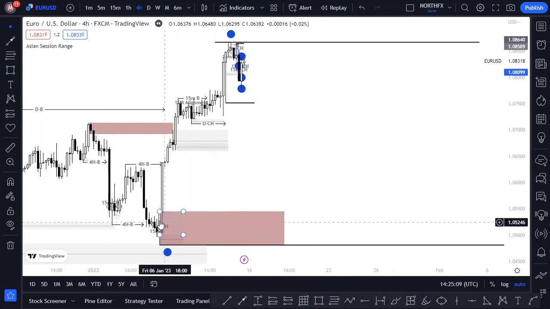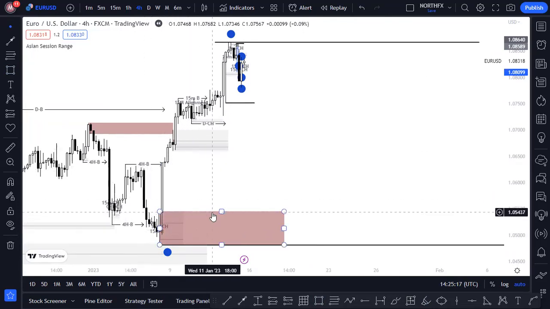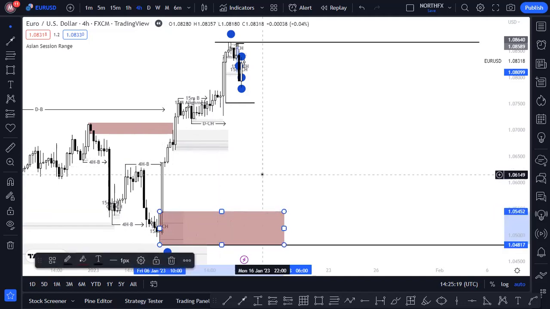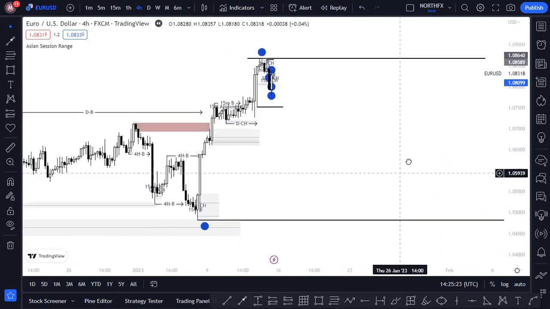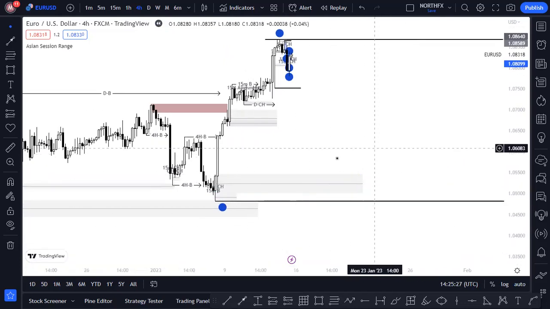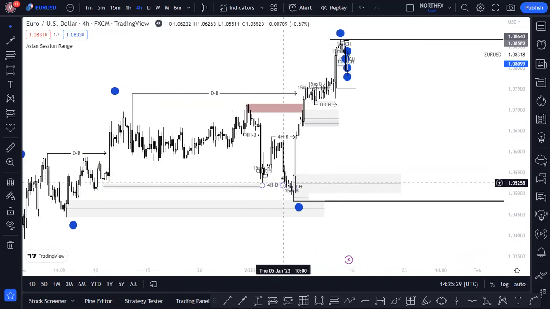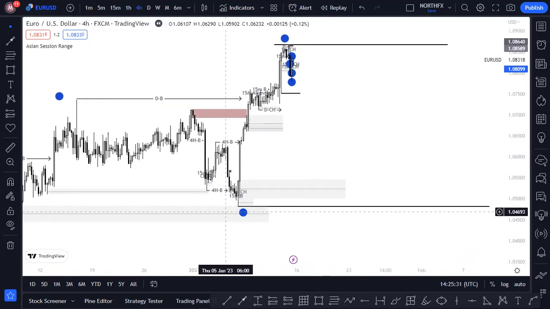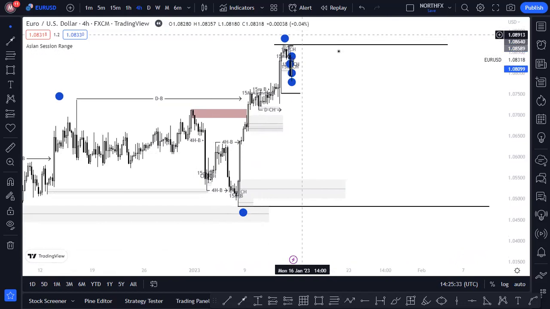We can see potentially this was a flip zone that reacted from supply right here and then broke structure right here. This is not actually the clearest type, but what I'm looking at right now is this zone right here. This is a potential demand zone that we can expect the market to bounce off of and create